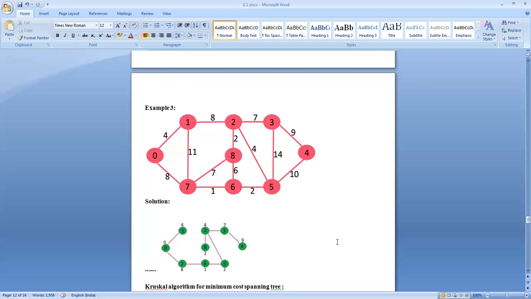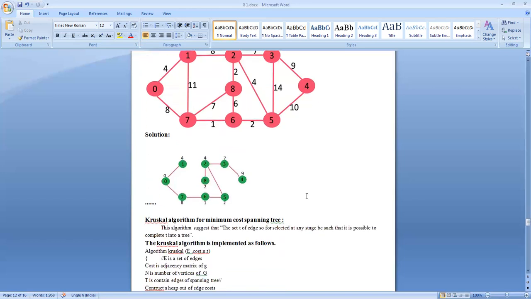It is quite interesting, very simple, provided you understand the concept well. Mind that at any stage, I select an edge that minimally increases the sum of the weights in the graph generated so far. That is the idea. If you follow that, you can generate a minimum cost spanning tree for any graph given. So simple. I hope you have understood these things.